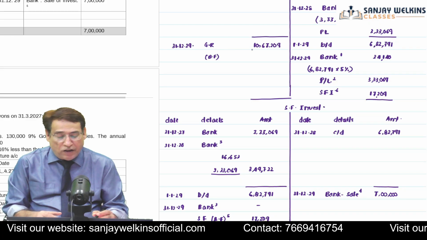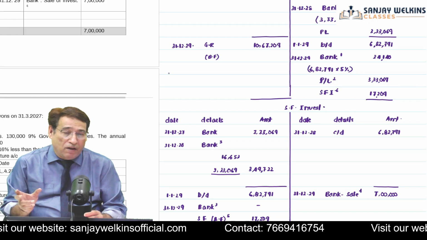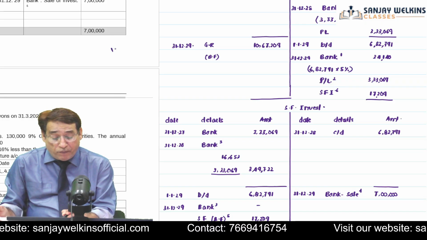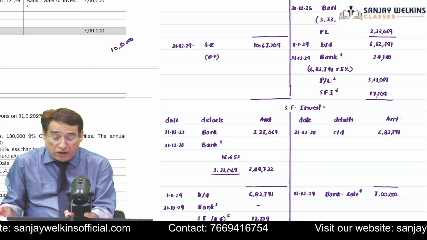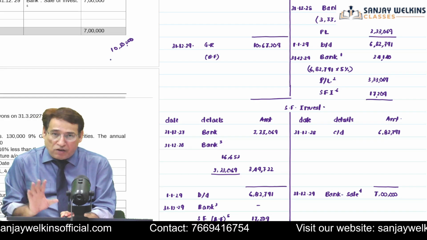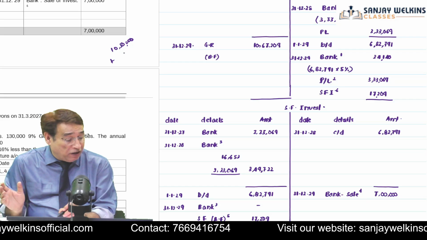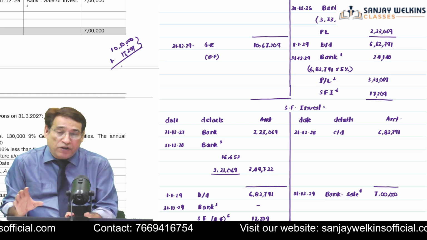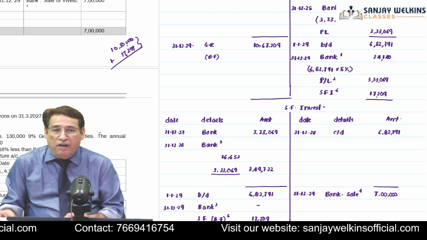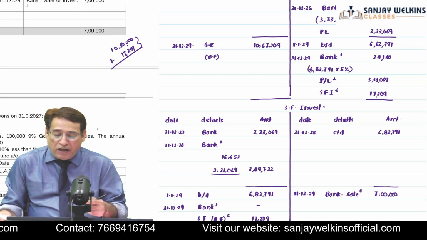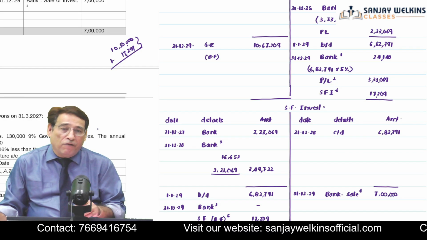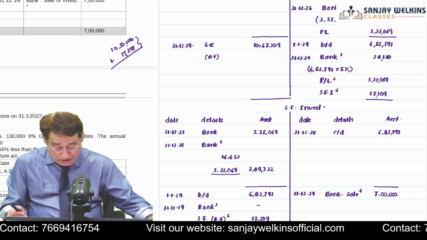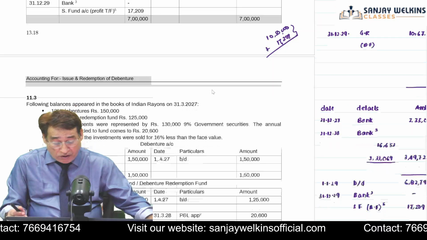You can also check whether this particular figure is correct or not. Sir, is a check possible? Yes, everything is possible. You can see you are supposed to pay 10,50,000 to the debentures, correct? This was the amount. And profit is your 17,209. So if we add both these figures, this amount should strike a balance with this much, and it is striking. So this way you can check also. But you need not develop any confusion. In fact, just pay attention over here. So this is how you are going to do these questions.